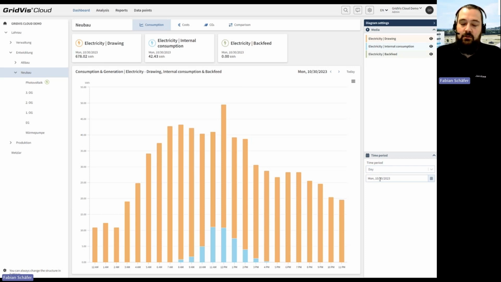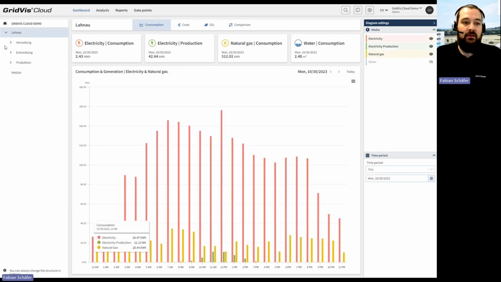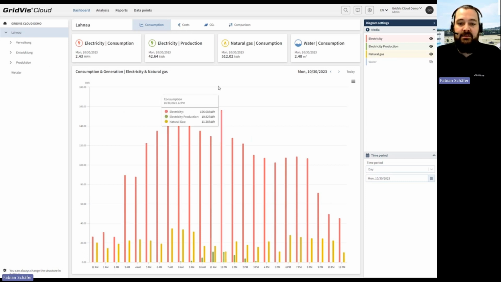This was not so comfortable when you want to make some visualizations and some analysis. So we changed this so that it becomes more static. When you change the sites and also the functionalities, nothing is set back to start, but all the actual media which is switched on and also the selected time period stay selected,